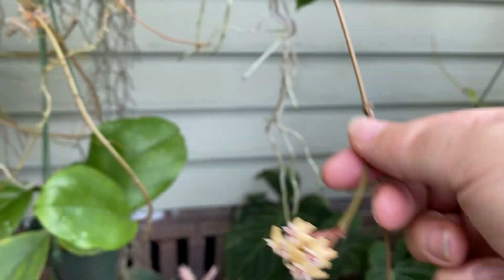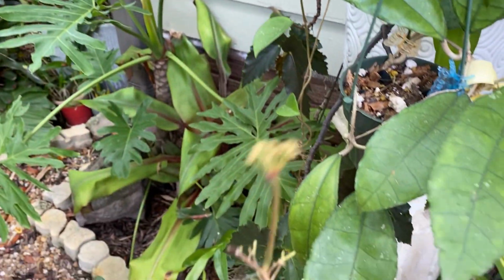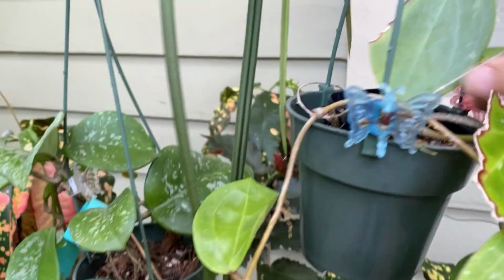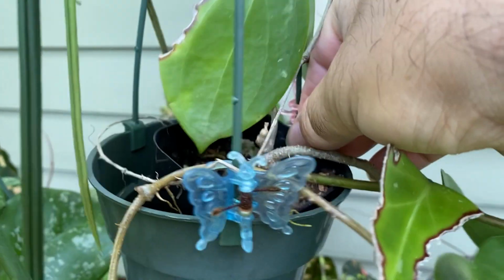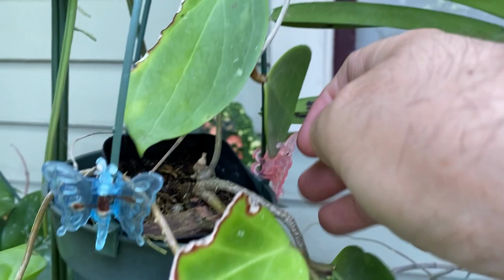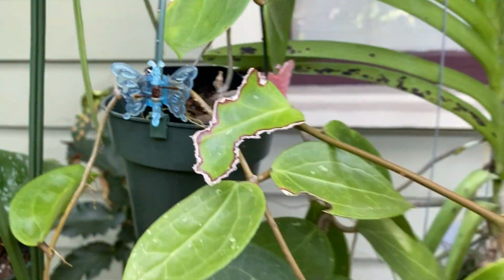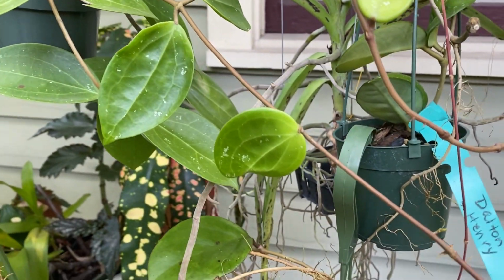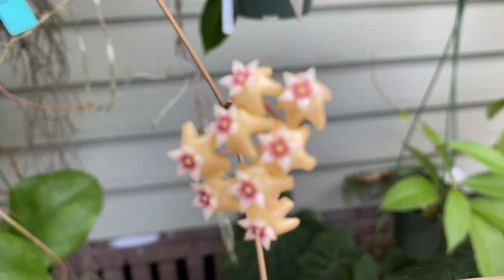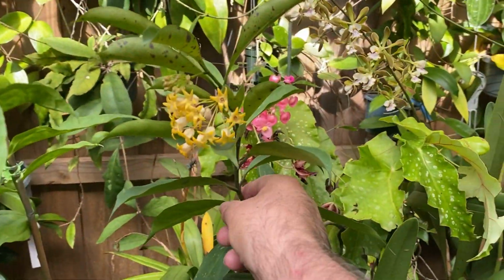It's quite cute, and it has another umbel forming over here. And if you see, it is growing in a 2-inch pot sitting on this hanging basket. And that is grasshopper damage. So yeah, this is Hoya citrina, or verticillata citrina, whatever you want to call it. So that's pretty cool. And over here is the always blooming